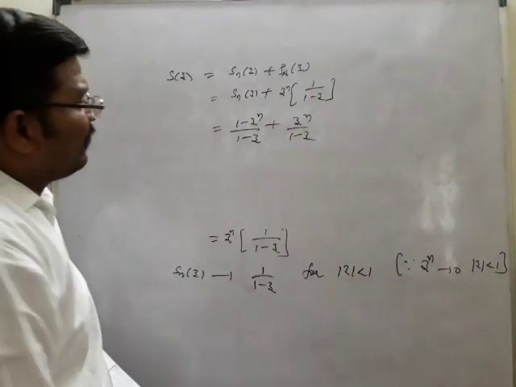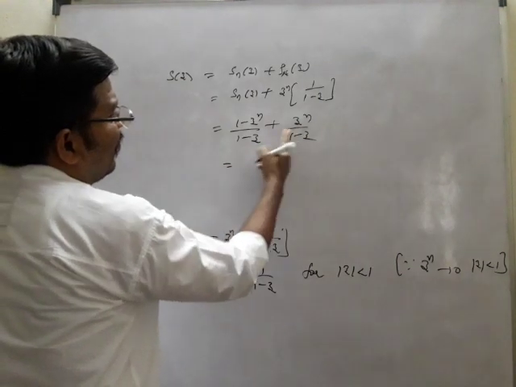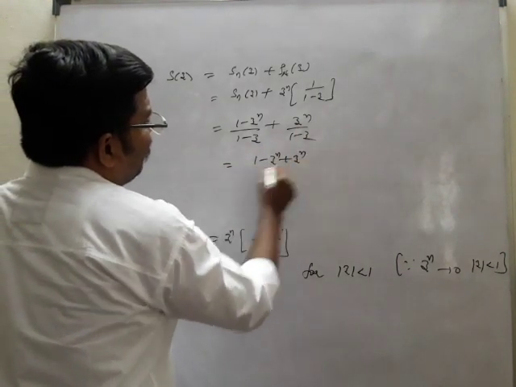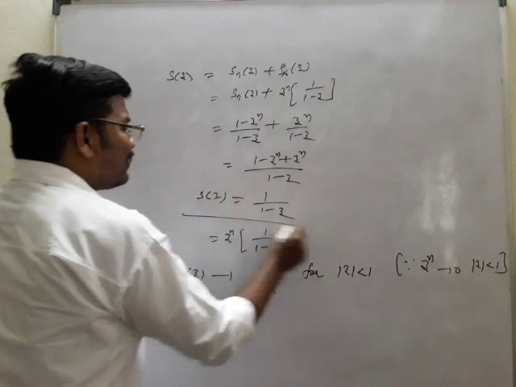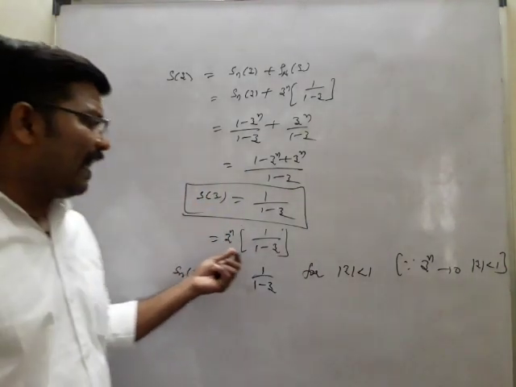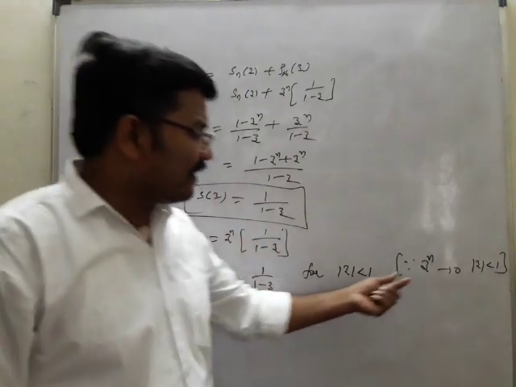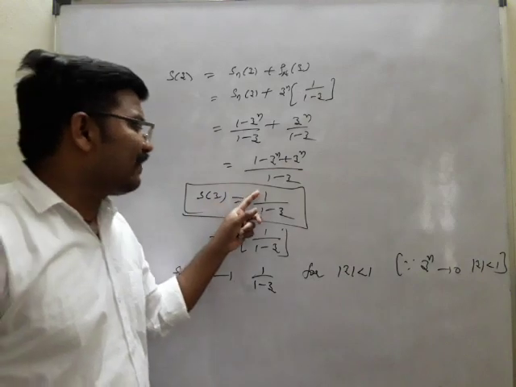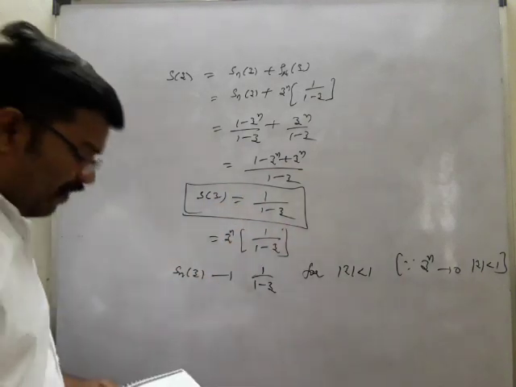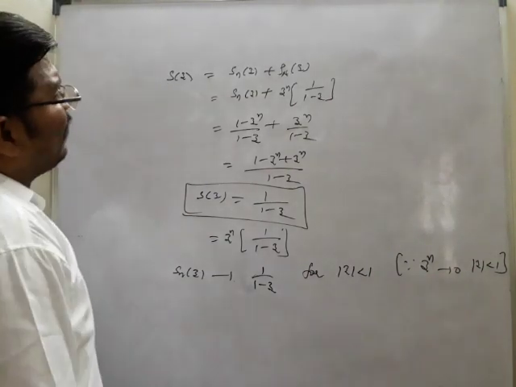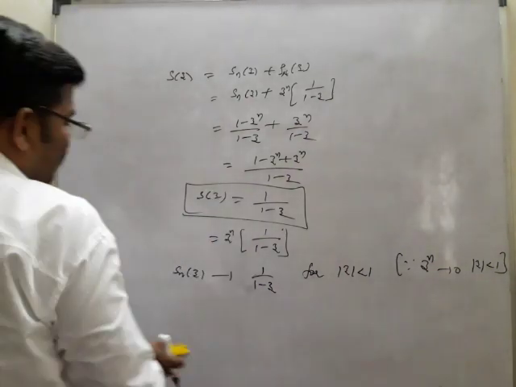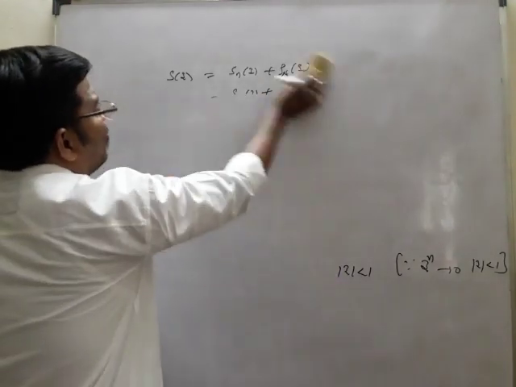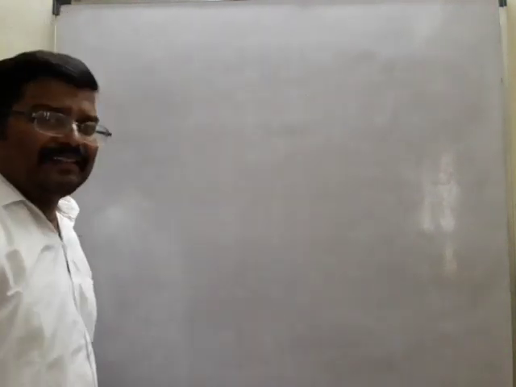These are a few simplifications. Now you will get (1 minus z power n plus z power n) by 1 minus z, so S of z is nothing but 1 by 1 minus z. So as n tends to infinity, for mod z less than 1, S of z is 1 by 1 minus z. This is one small piece of content you get when you take S as Sn of z plus rho n of z and simplify. We will make use of it in the next theorem, Taylor's theorem. These are the small contents you should understand.